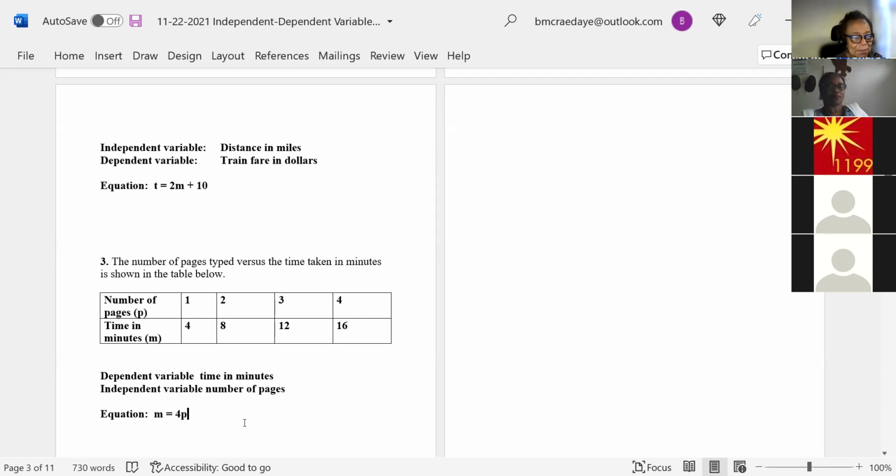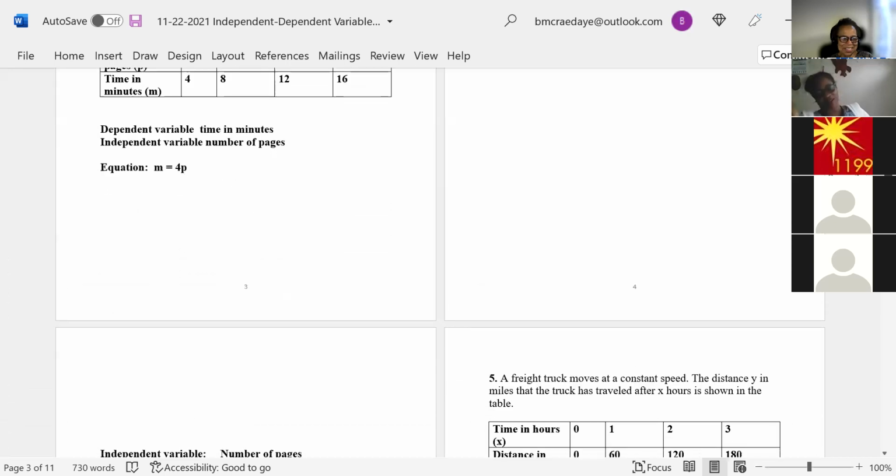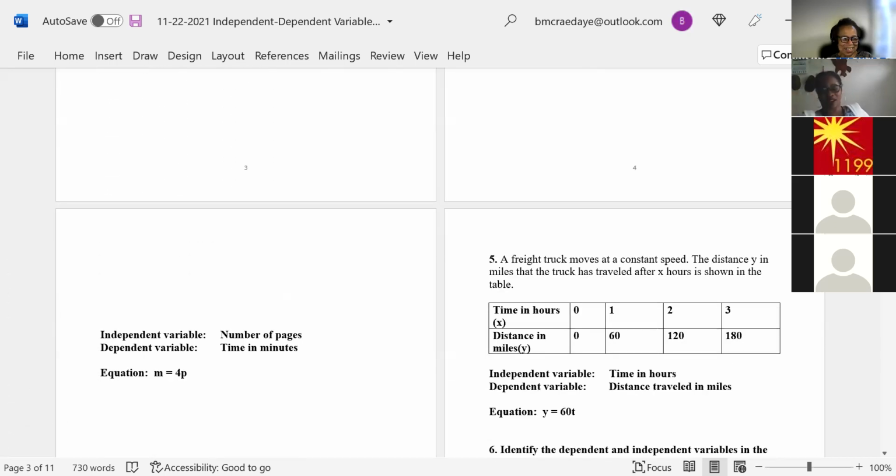Question number 3. Miss Barbara really makes sure that you think real hard. This is really good, how you can figure it from the table, or you can figure it from a graph. I like the graph. I know you do. Sometimes it's easier to read it off the graph than it is from a table. I like both ways, but I like graph any day.